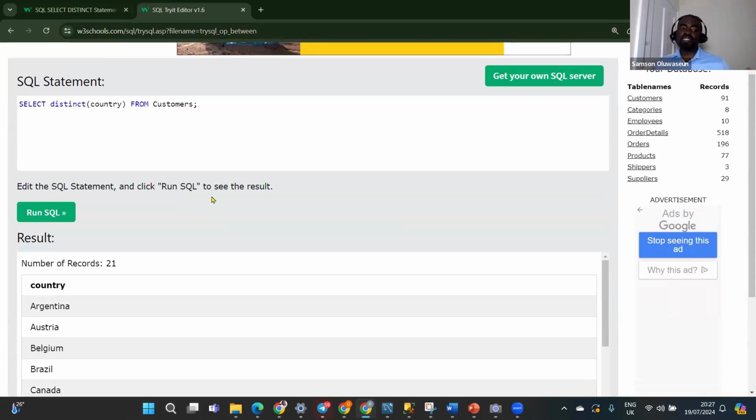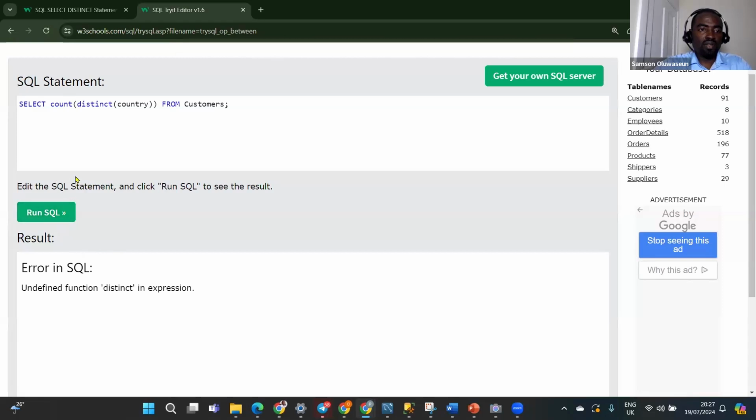Another thing I can do, in any environment where you're working, is that we always show you the number of records you're expecting in your result. But I can say, I want to have the count as a value. I can say, give me the count of distinct countries from customers. So you can see this is another aggregation. The count is an aggregation function. So I'm just running it on distinct countries, and I'm expecting a result of 21. So if I run this,